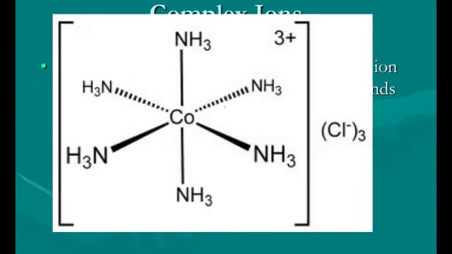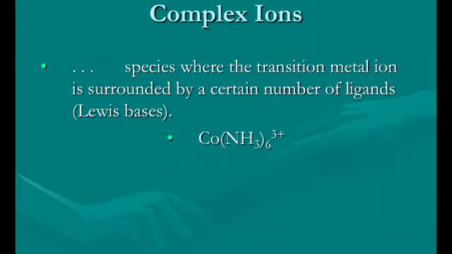Now, ammonia, what does it have? A lone pair of electrons. Anything that has a lone pair of electrons can donate that pair of electrons, which makes them a Lewis base. Cobalt, on the other hand, has given up its electrons, and so the electrons on ammonia can settle up next to the positiveness of cobalt, and when those 6 ammonias group around the cobalt, that whole thing we call